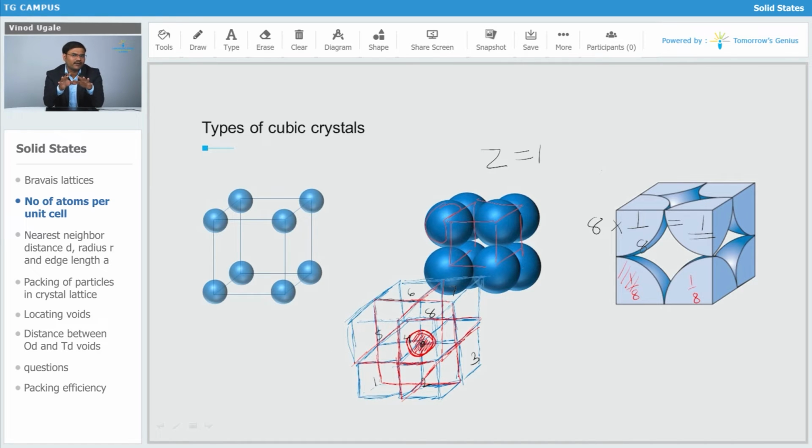So I think this is clear for you. I tried to explain it in all the ways. We have animations over here. I drew the diagram with my hand. I told you how that particle is shared by unit cells. So here we are talking about corner particles only, and again I am telling you corner particles are shared by 8 unit cells. In one unit cell you are going to have 1/8 contribution of that particle in a particular unit cell. So 1/8, that is 1 upon 8 multiplied by 8, you are going to get one particle, one atom in a simple cubic unit cell. Similarly, we are going to go for the body centered and face centered type.